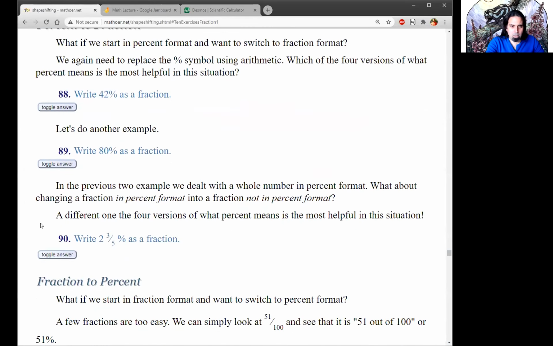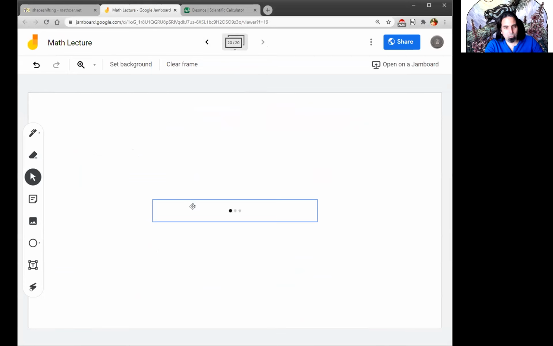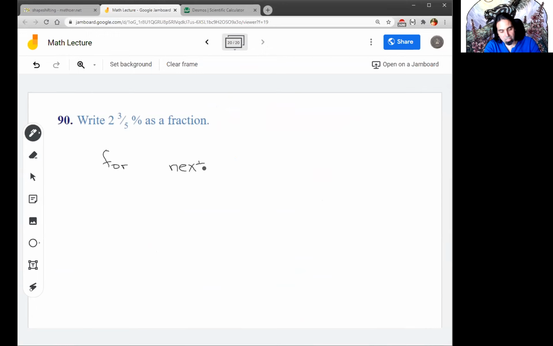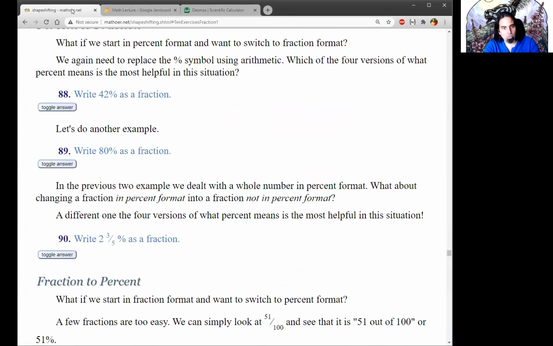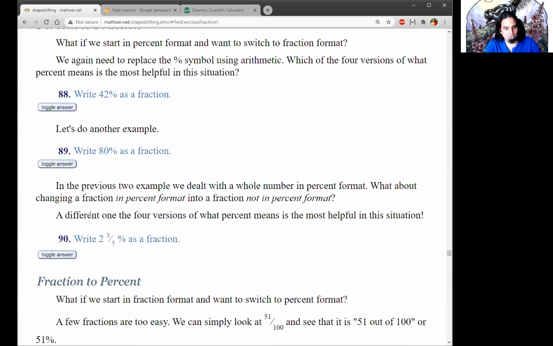Now, this one, I'm not going to talk about right now. It will disrupt the flow too much. This is for next time. So if you want to be a superstar on Thursday, look at this one between now and Thursday, and you can be the one that teaches us what to do. Remember, you can actually peek at the answer, but this is complicated enough that you can show off. The rest of us are just going to move on to